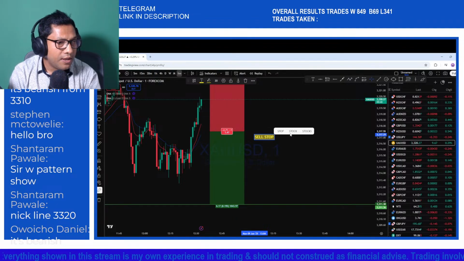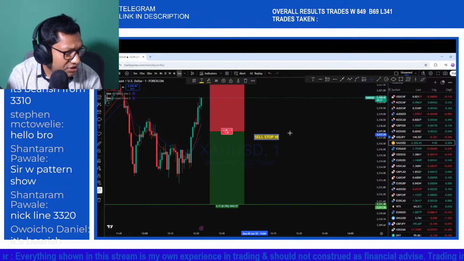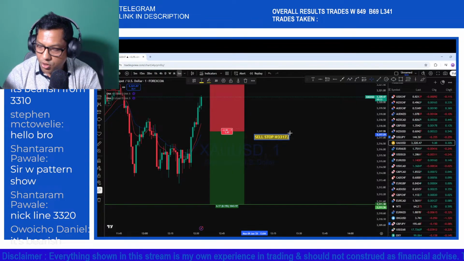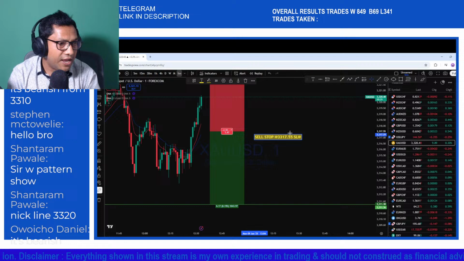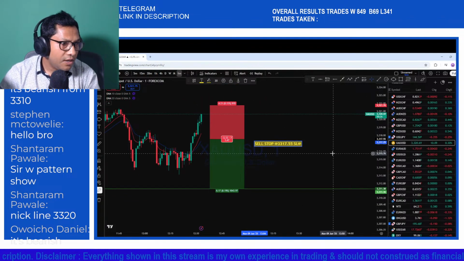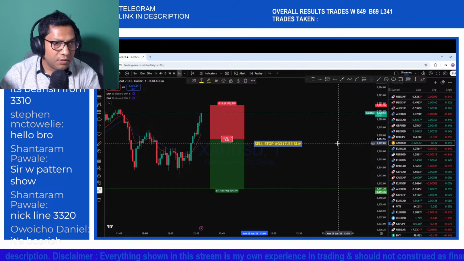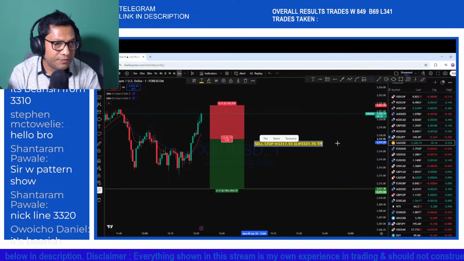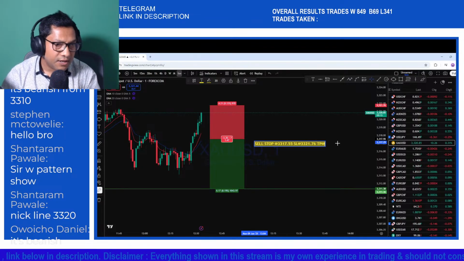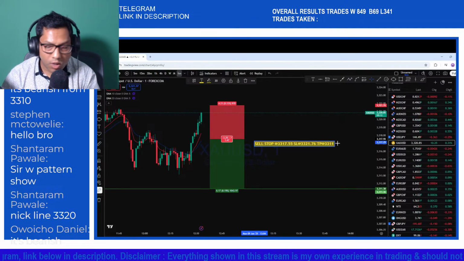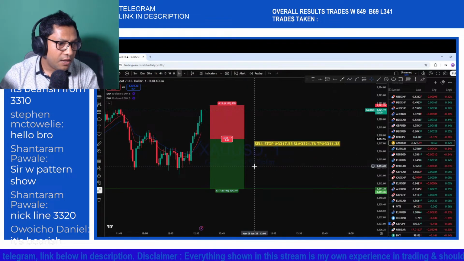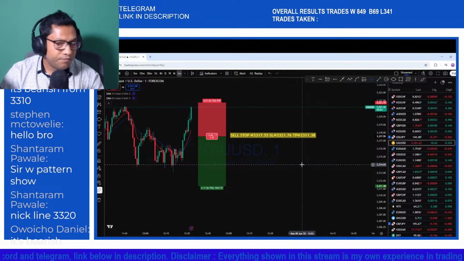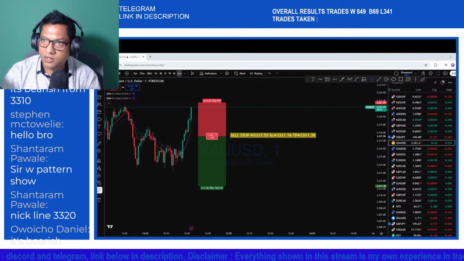So sell stop with proper risk management, of course, looking at 3317.55, stop loss at 3321.76, and TP target here at 3311.38. So we place that sell stop here, and also I'm going to share the same trade